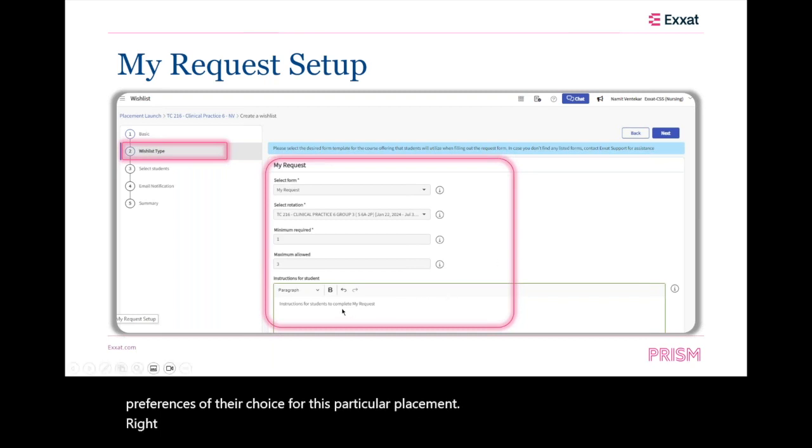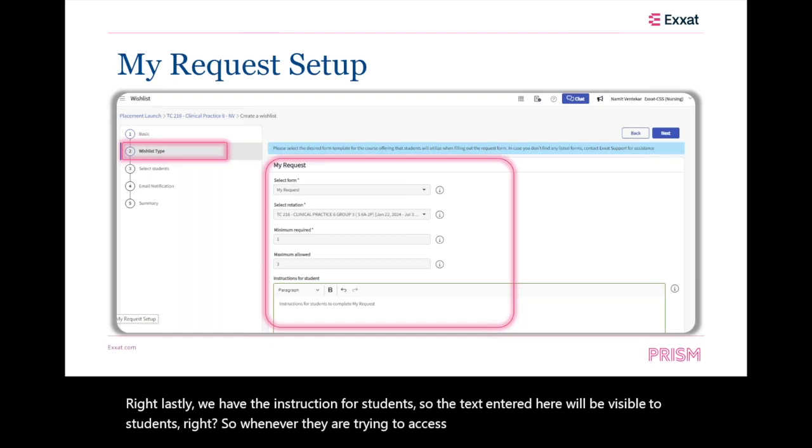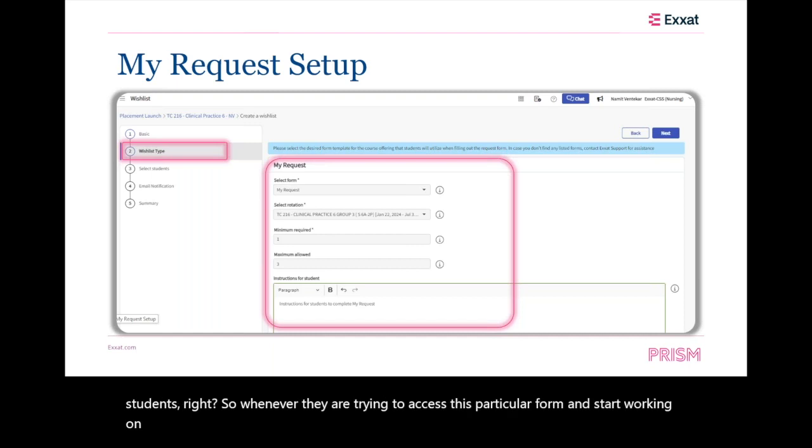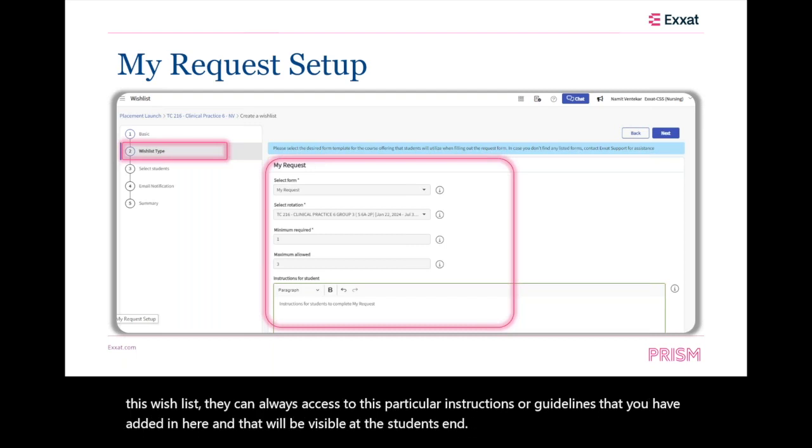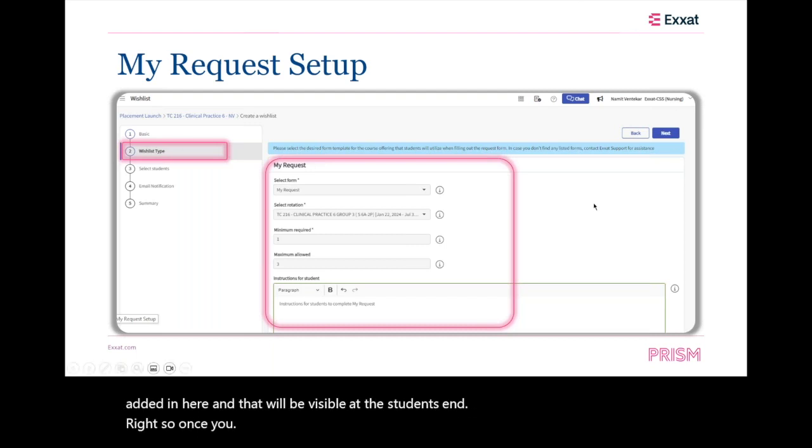Lastly, we have the instruction for students. So the text entered here will be visible to students, right? Whenever they are trying to access this particular form or start working on this wish list, they can always access the instructions or guidelines that you've added in here, and that will be visible at the students' end, right? So once you've added all of these details, just click on next,